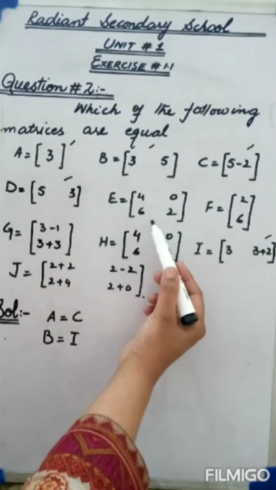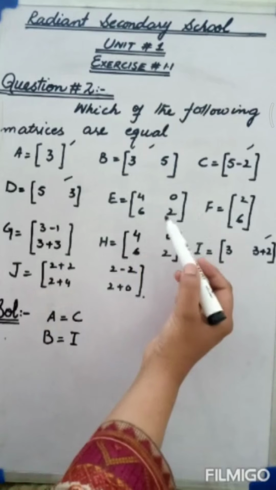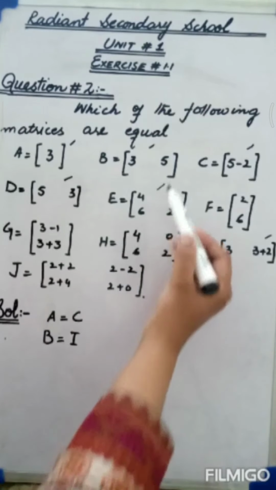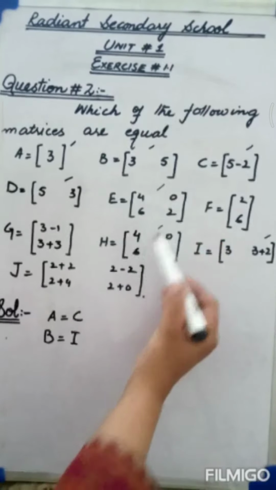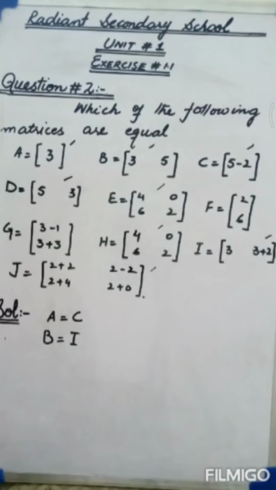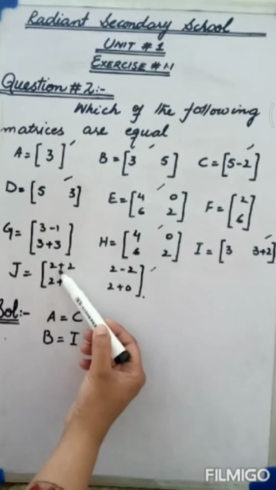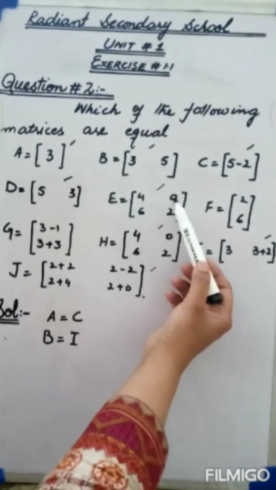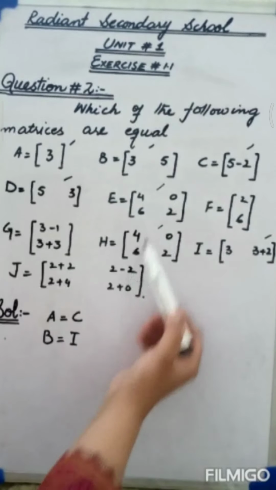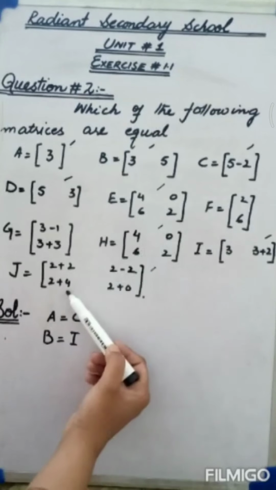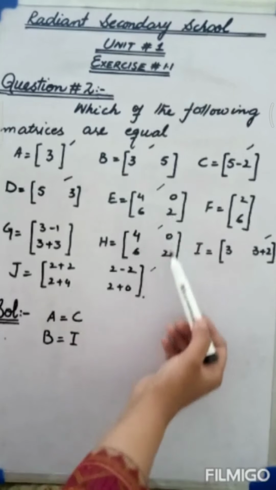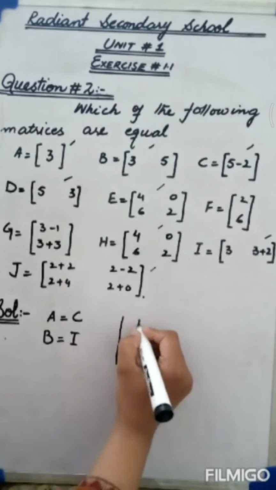Similarly, next the E matrix is there. E matrix has order 2 by 2. We will select the matrices which have order 2 by 2. That is E, H and J. Now we will check their corresponding entries for writing them equal. So the first entry is 4, here it is also 4, and in J it is also 4, 2 plus 2 is 4. Second one is 0, 0 and 2 minus 2 is 0. Third one 6, 6 and 2 plus 4 is 6. Here it is 2, 2 and 2 plus 0 is 2. So we can also write E